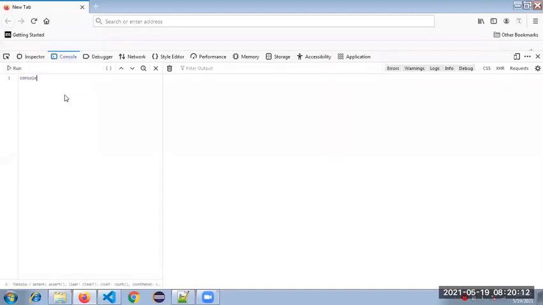console.log. This statement is just for printing your line, whatever you want. So see the output.